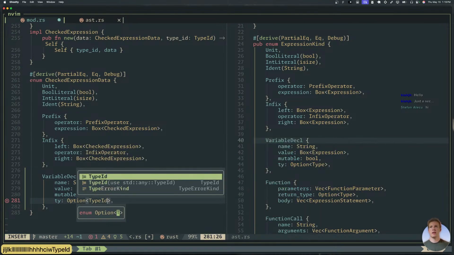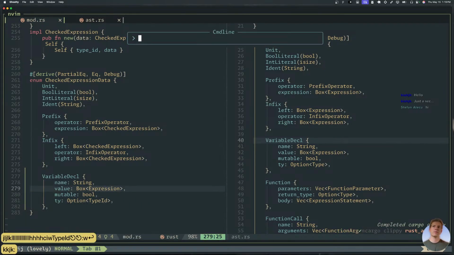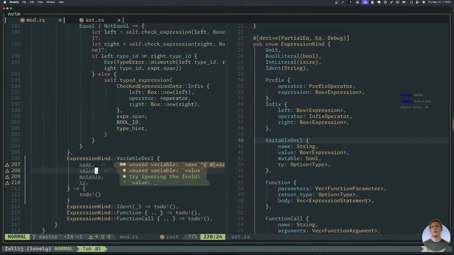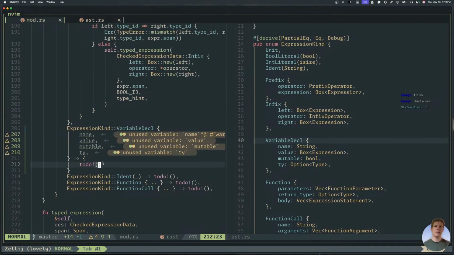This should be a type ID, probably. And the expression here becomes a checked expression. Okay. So now we just need to go implement this. I don't think it'll be too bad, but I'm not really sure yet.